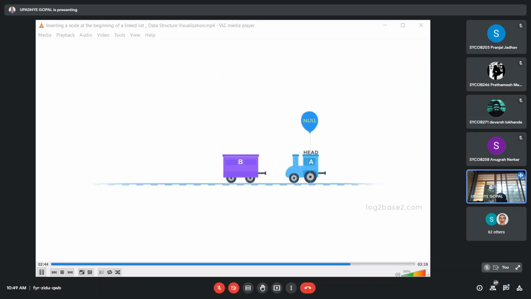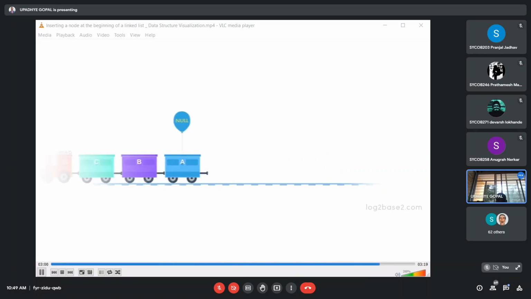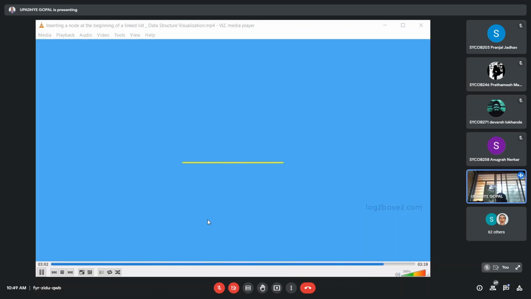Now let us insert another block B that will become the engine. Now insert another block C that will become the engine. Now insert another block D that will become the engine. The same happens with the linked list in this case, and whenever you add a new node, it becomes the head. So that's it. Now about the time complexity, since we don't need any